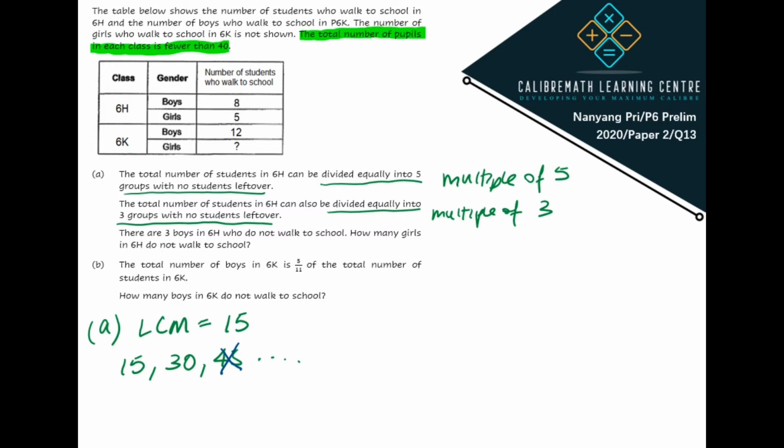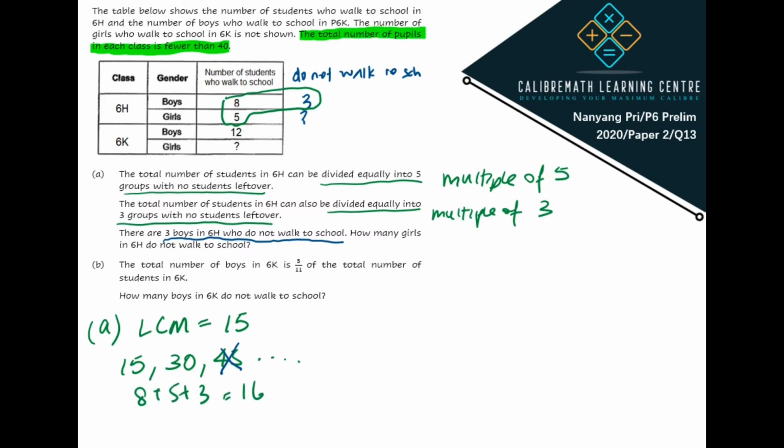Now, let's take a look at the next information that we are given. There are 3 boys in 6H who do not walk to school. Now, let's represent this in the table. Do not walk to school. And for the boys, there are 3 of them. We don't know how many girls do not walk to school, so we're going to put that as a question mark. Now, if we were to find the sum of these 3 values that we are given, you will get the sum to be